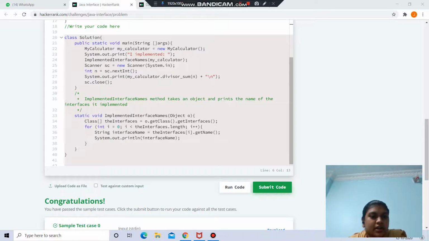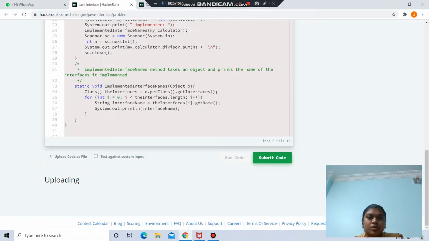So now static void implementedInterfaceNames, here we have given the object o. Then in a Class the interface equals o.getClass().getInterfaces(), and here we are using the for loop, and i equals 0, i less than the interface.length, i plus plus, and String interface equals the interface.getName(), and System.out.println, it will print the interface name.